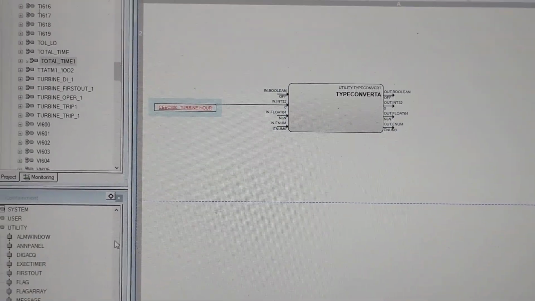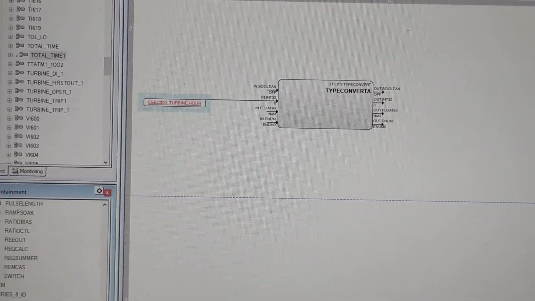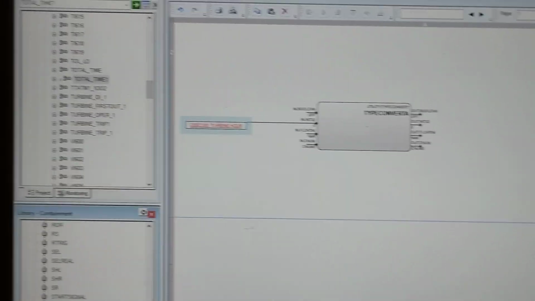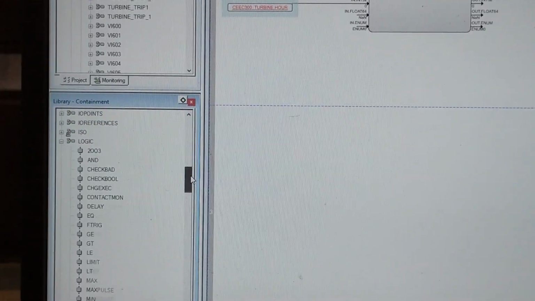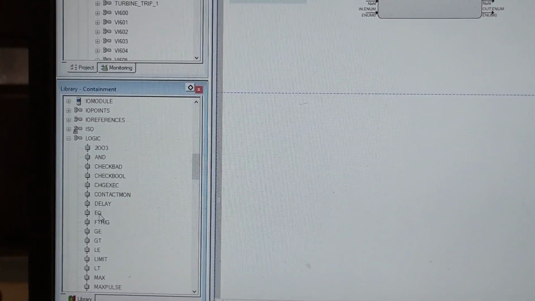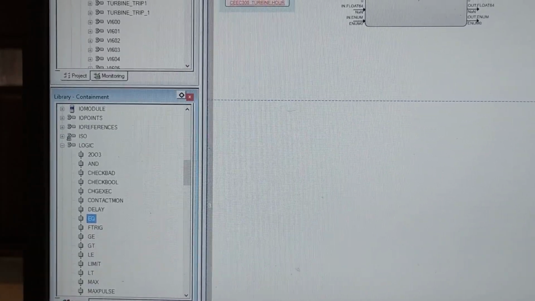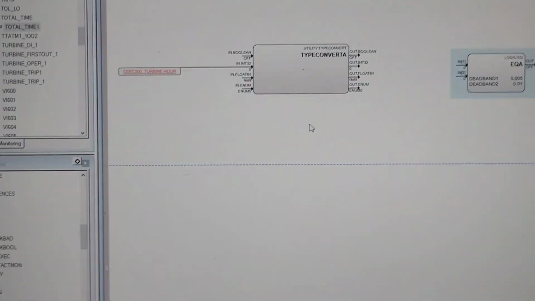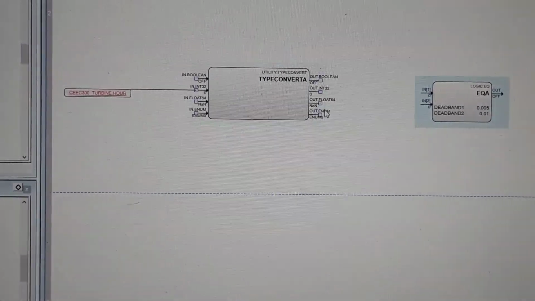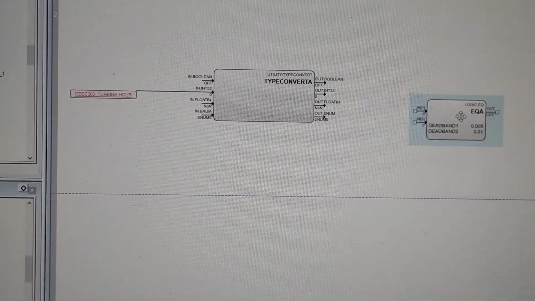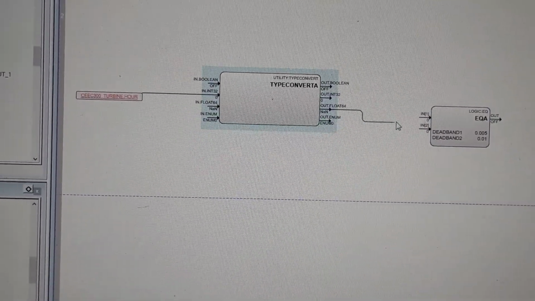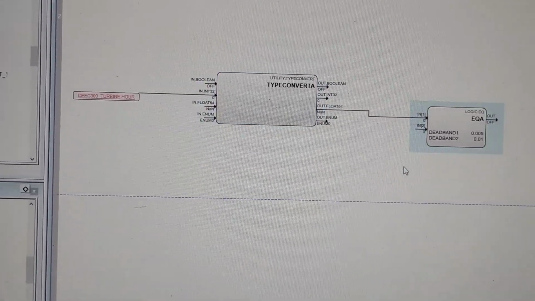Further we will use an equalizer block which comes from the logic library. Here you can see it is the equalizer block, and we will connect it from a 64-bit float value. We will wire here 64 float bit 2 in 1.